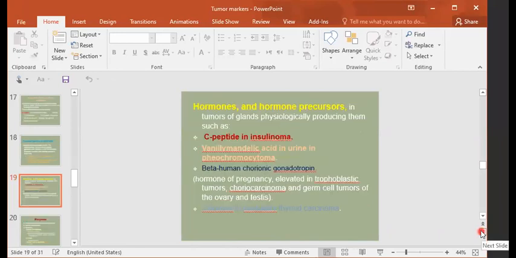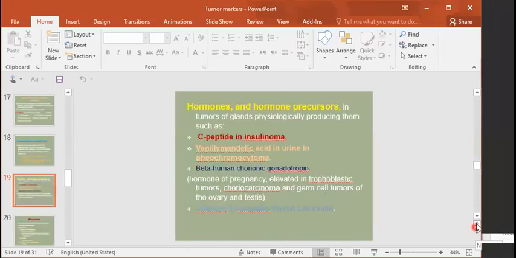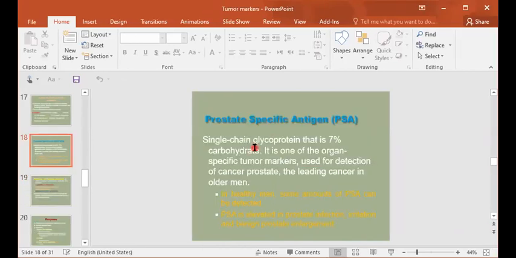Okay, what about the prostatic specific antigen? It's a single chain glycoprotein, carbohydrate in origin. This specific tumor marker is used for detection of cancer prostate, the leading cancer in older men. Cancer prostate is one of the most common types of cancers in old men above